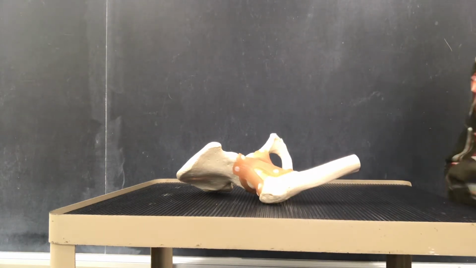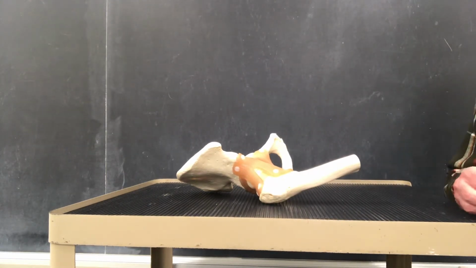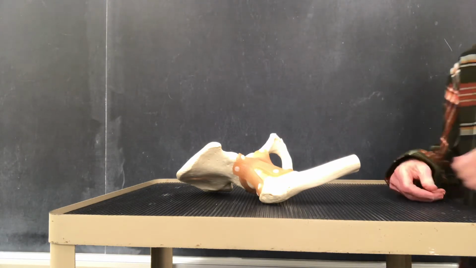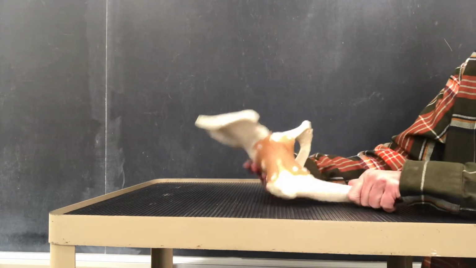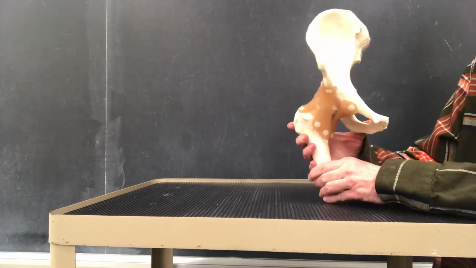Articulations. We're going to look at 3 different articulations, which are joints. These are all freely movable joints, synovial joints. The first one we're going to look at is the hip. Now, if you look at the handout, which you certainly should be doing, there are parts of the hip joint